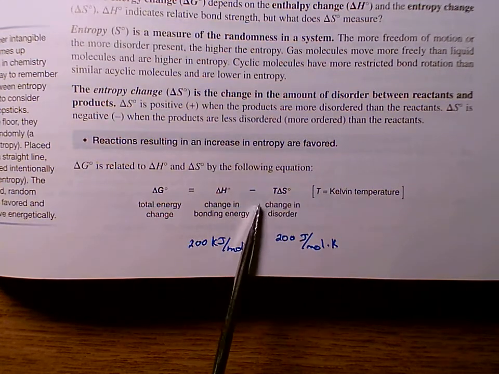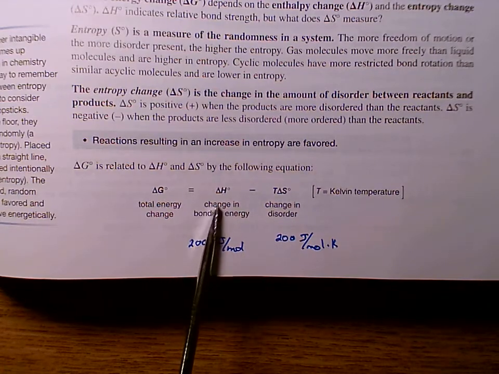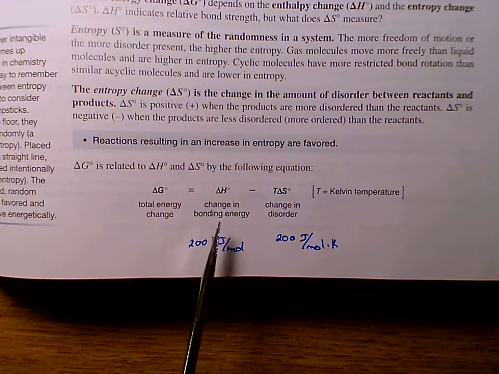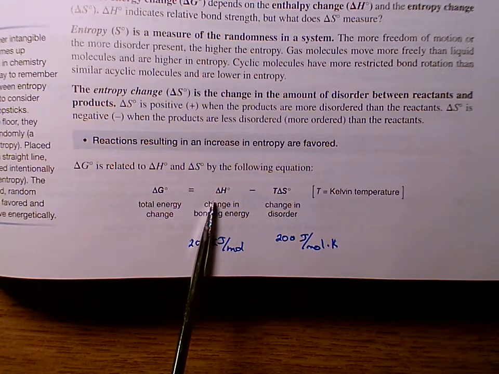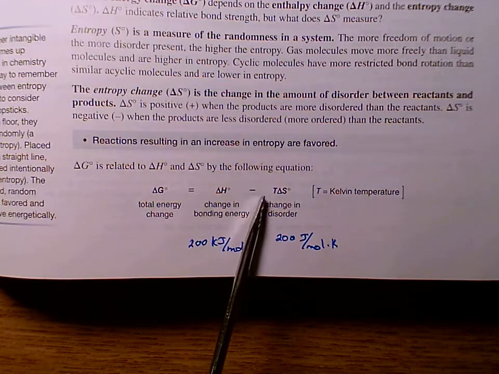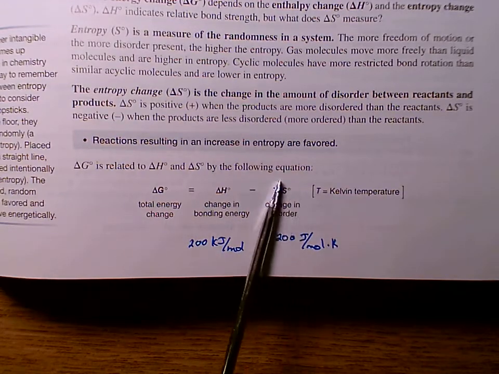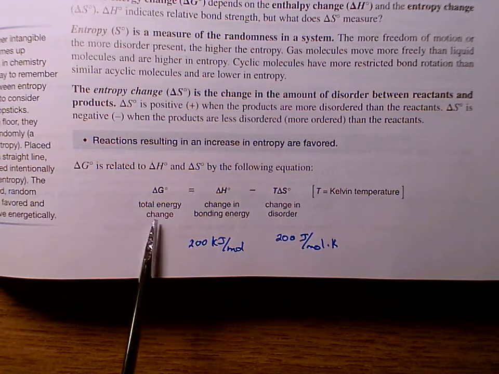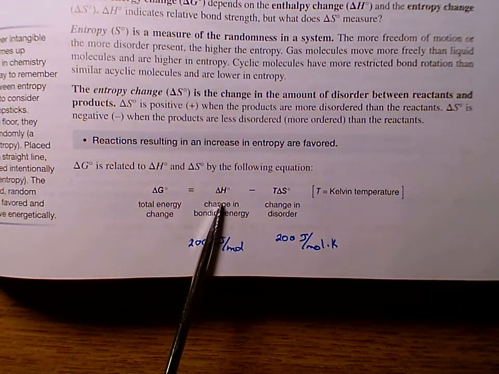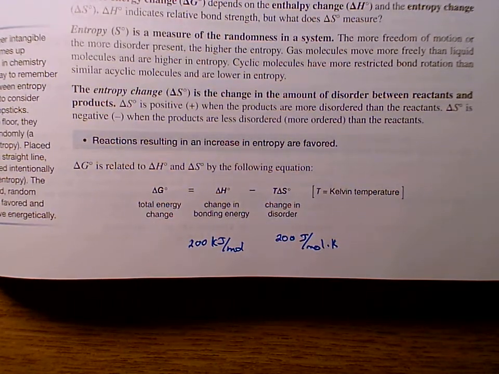So even though entropy does play a role, delta H is vastly more important in determining delta G. Delta H has twice, almost 3 times the effect on delta G compared to T delta S. You can change temperature and affect it to get this term to be larger or smaller if you need to. But the take-home message is delta H is much more important to delta G than delta S is, which means